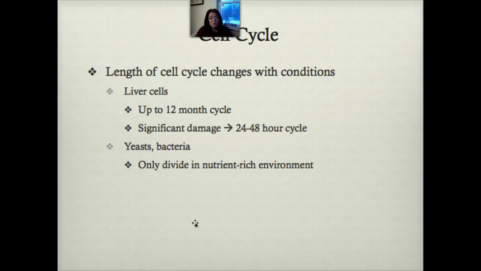And so these organisms will change the length of their cell cycle depending on whether or not the conditions are good to produce new cells. If there's plenty of nutrients around and if the environment is favorable, the cell cycle length tends to increase. Whereas if the environment is particularly hostile at that moment, then those cells tend to not divide or